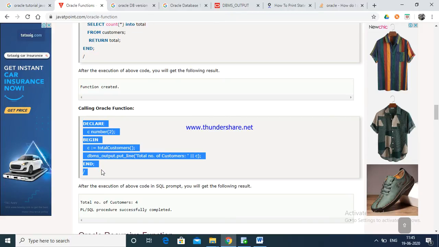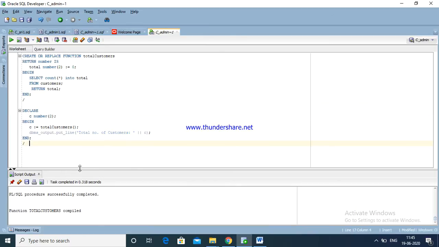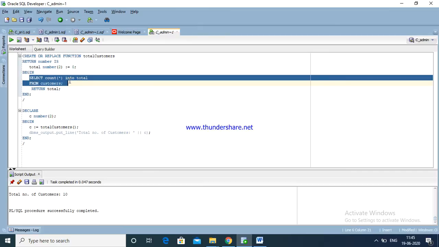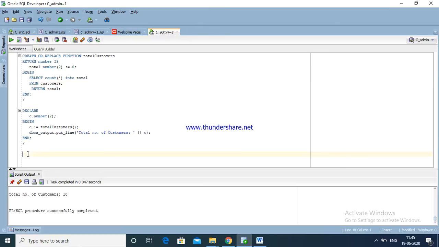In this declare we are calling the Oracle function. Here declare number, total numbers. In the declaration section here we are going to use 2 digits, and it will show 99 max. See here, total number of customers 10. If you have any doubt, just copy this function call with Control C and enter.